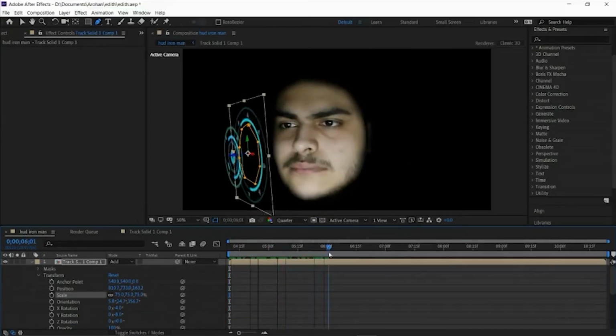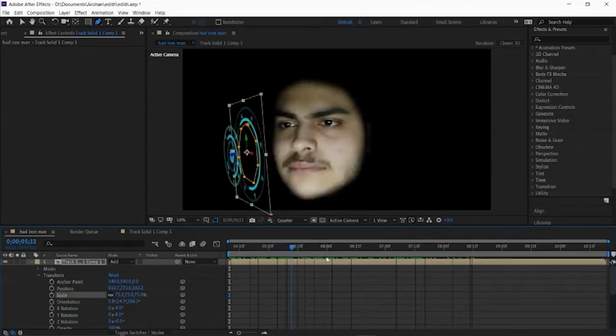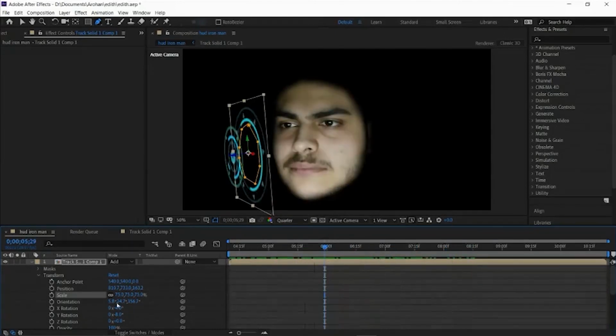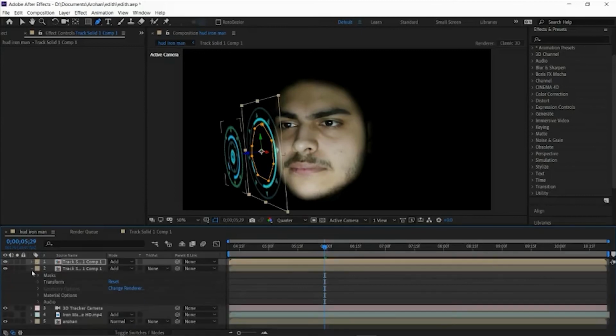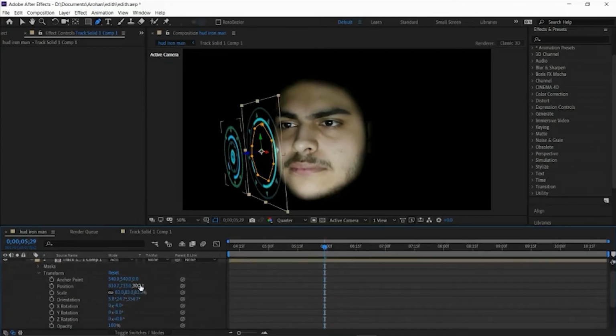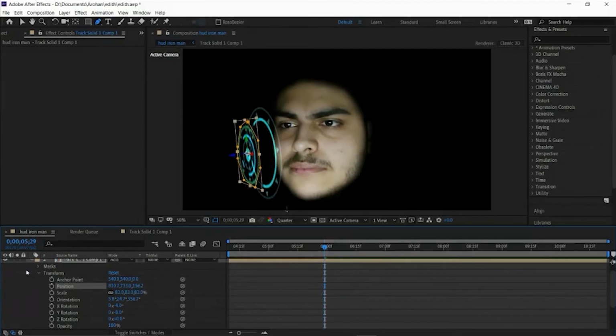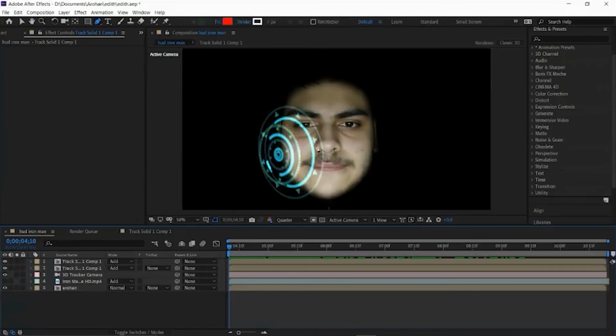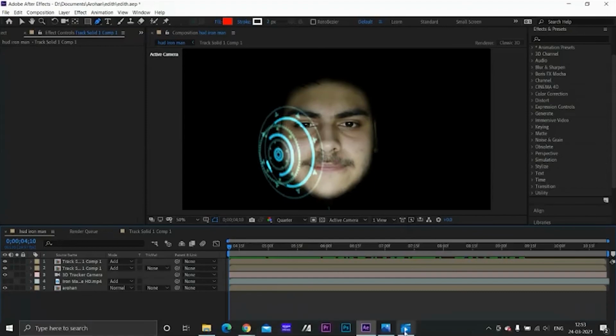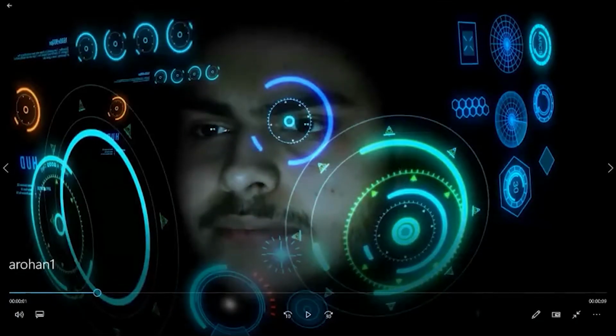Now when you move, see it's 3D now. It's in 3D. You can again change the positions and all according to what you feel is best. Just do some tweaking, whichever position you feel looks best, you can use that. And if you want to repeat the process again for the smaller circle, you can do that too. Similarly, you can add other elements as well. Right now, there's only one circle. You can add the rest of the elements in a similar manner.